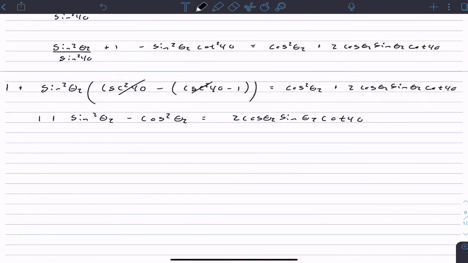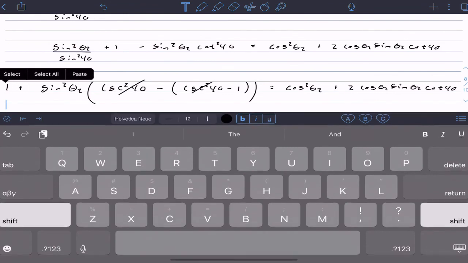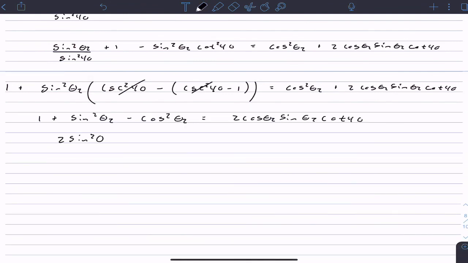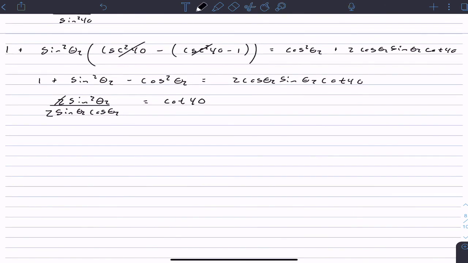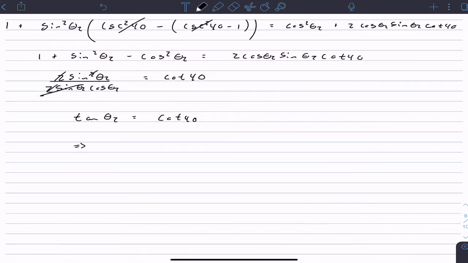Okay, good. Actually, we can recognize that 1 minus cosine squared theta is actually sine squared theta. So that's going to give us 2 sine squared theta 2. And then let's just divide out through the other side, because we can probably cancel some stuff over here, because we have 2 sine theta 2 cosine theta 2. And that's going to leave us with cotangent of 40. Right? So we're very close to getting the answer here. These cancel, that cancels, that cancels. So now we have tangent theta 2 is equal to cotangent 40,